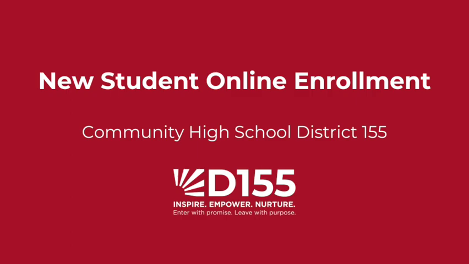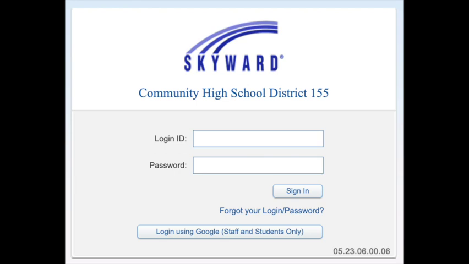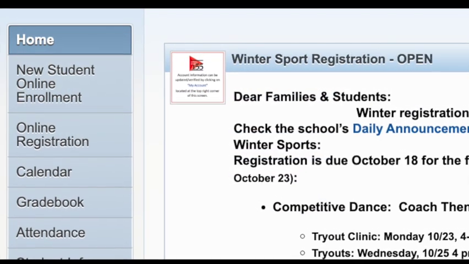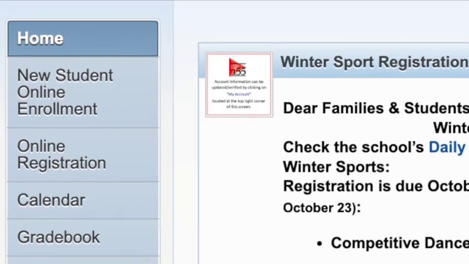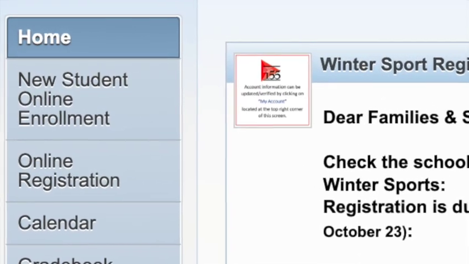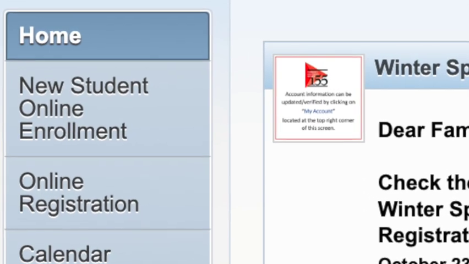If you currently have a student at one of the District 155 high schools, you can begin the enrollment process for your 8th grader in Skyward Family Access. Log into your account using a web browser and select New Student Online Enrollment in the upper left corner. Only the primary guardian will have the option to complete the enrollment forms, and enrollment cannot be done from the